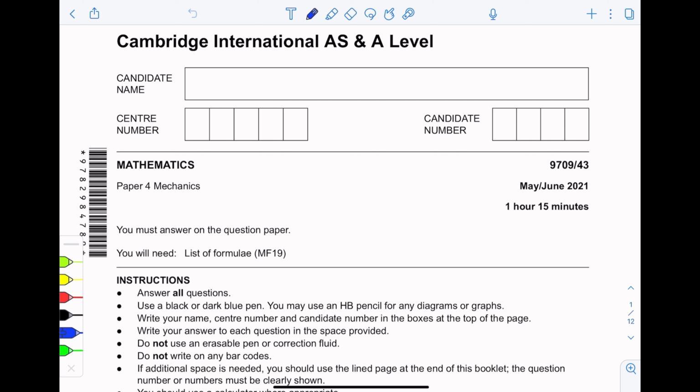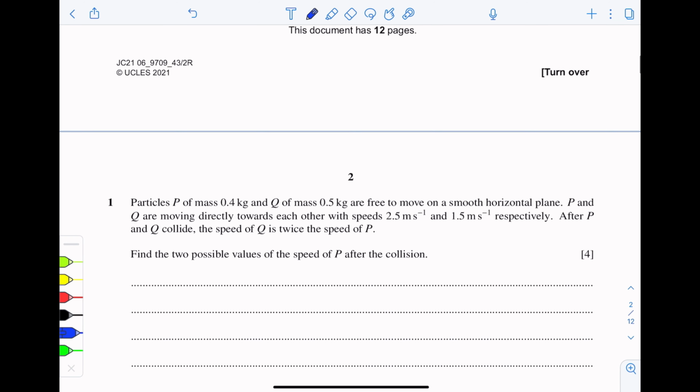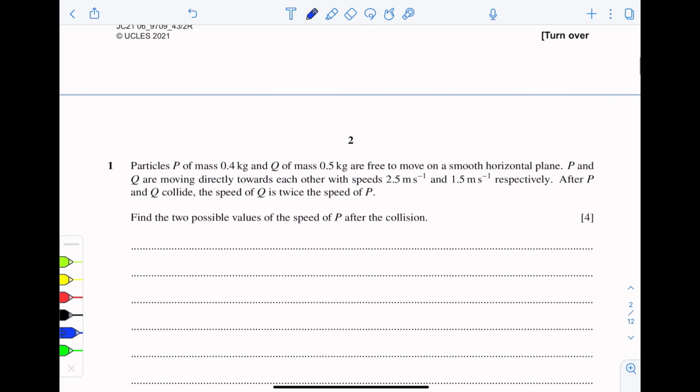Paper 4, 4-3 variant, May June 2021. We are solving this paper today. First question of this paper is from chapter